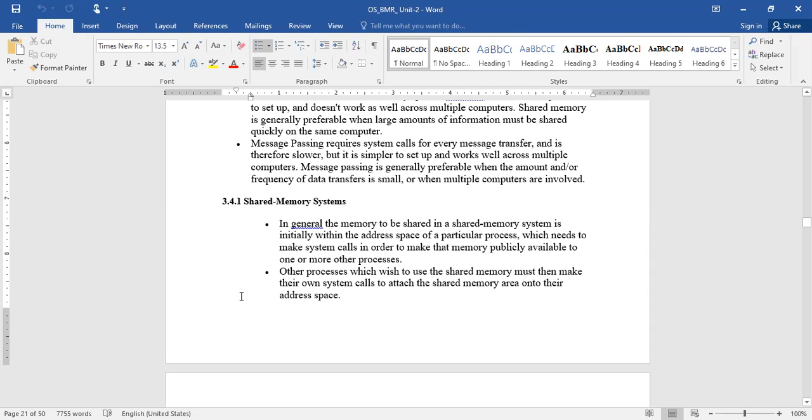Initially, a particular process needs to make system calls in order to make that part of its address space publicly available to one or more other processes. Other processes which wish to use the shared memory must then make their own system calls to attach the shared memory area onto their address space.